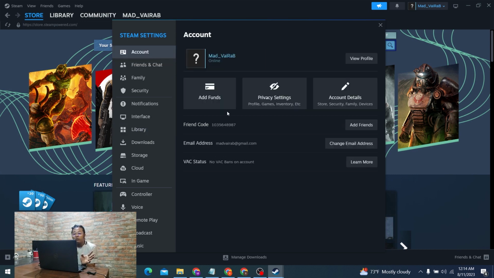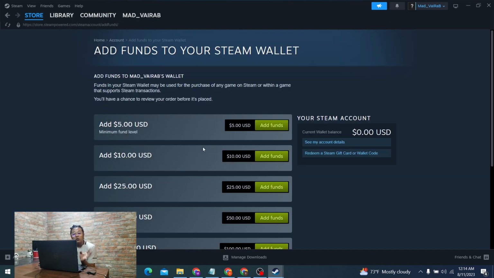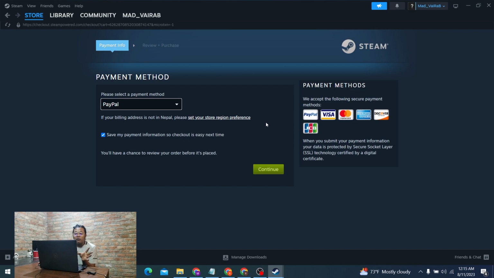And after you land over here, again click on the add funds button available for us, and you'll be taken to this page where you'll be required to first choose the fund which you want to add to your Steam wallet through your PayPal. And I'll be going to the 5 USD. And the moment you click on that add fund button, you will be over here